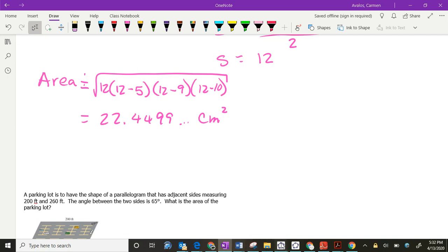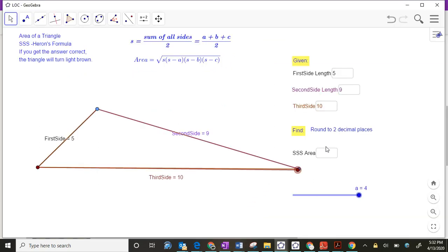Let's go back and check and see what we get. They're saying that the area is going to be entered to 2 decimal places, so I'm going to do 0.45, and if we're right, it's going to turn light brown, and it is. So that's how you find the area of a triangle using Heron's formula, and you can only use Heron's formula